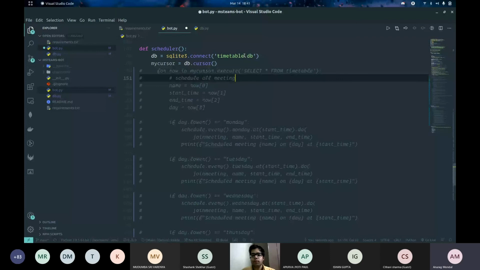Okay, so we have installed this library, and then we can directly import schedule at the top as we import every other library or module in Python. So what we are doing inside the scheduler function is that we need to iterate through all of our meetings inside our database. The scheduler needs the data based on which it will say, okay, so on